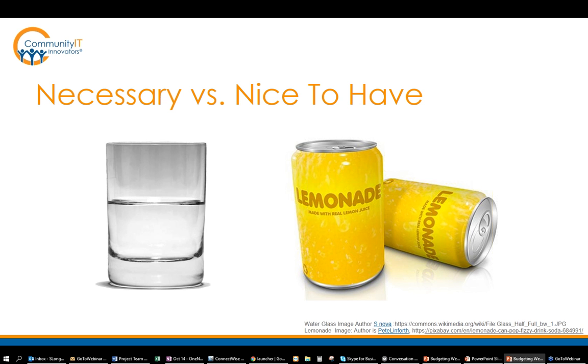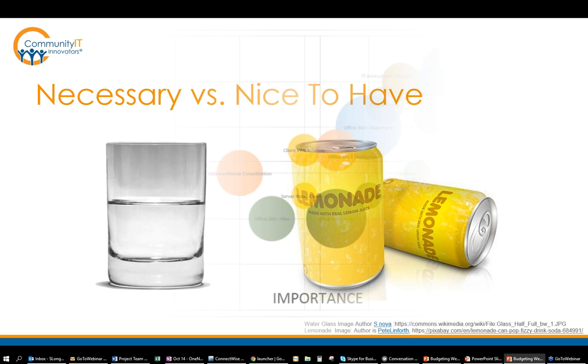Sure, Steve. As Steve was saying, the run is essentially always necessary. However, the grow and transform are by nature more optional. We need to critically evaluate and think about the return on investment as we consider which of these initiatives are our highest priorities, and which will be nice to have but could be deferred to a later time, especially if grants or donations just don't materialize.